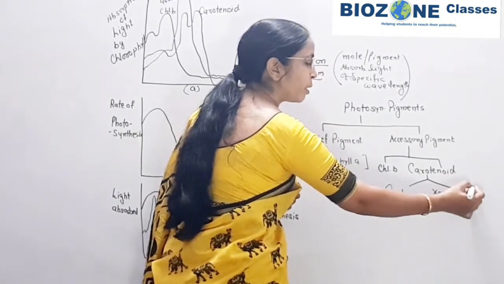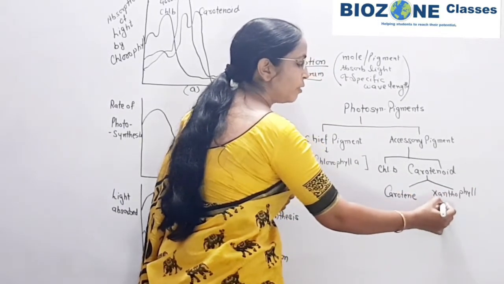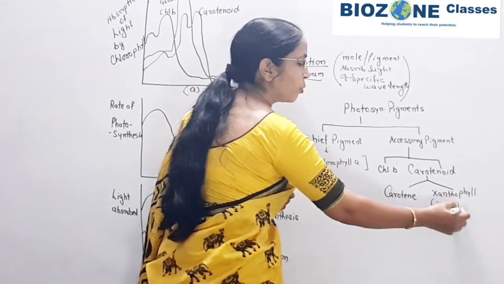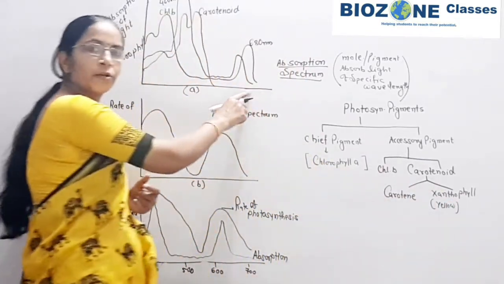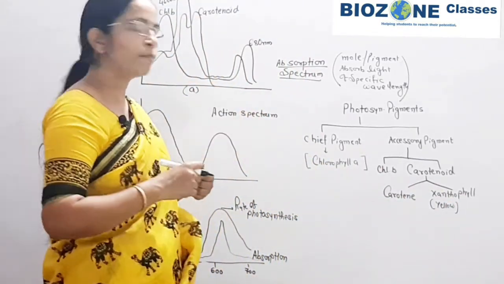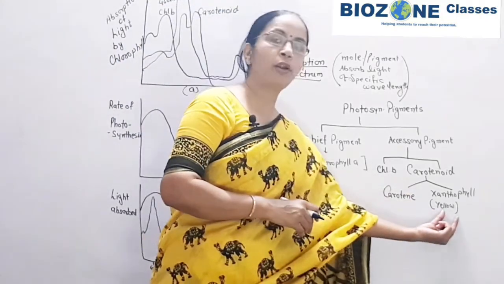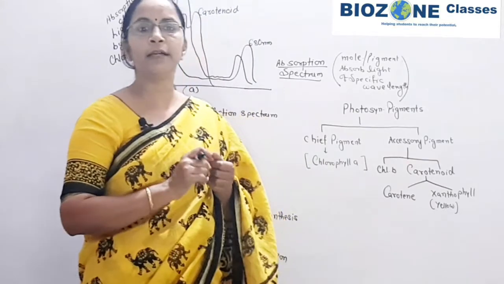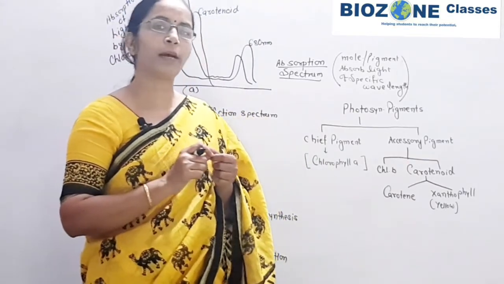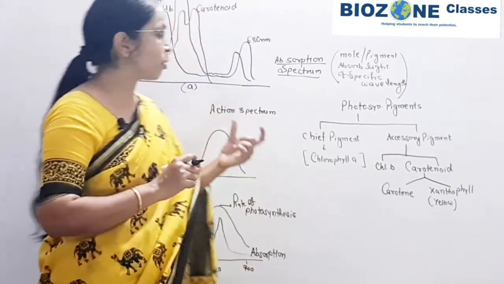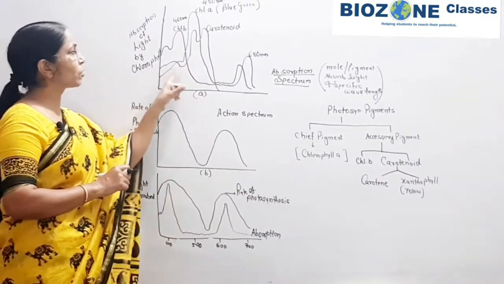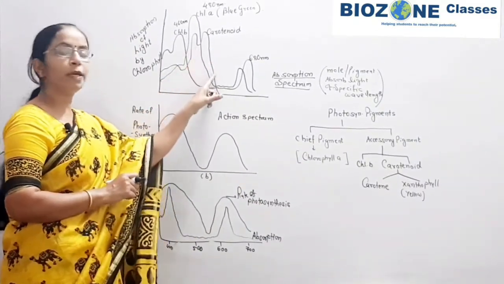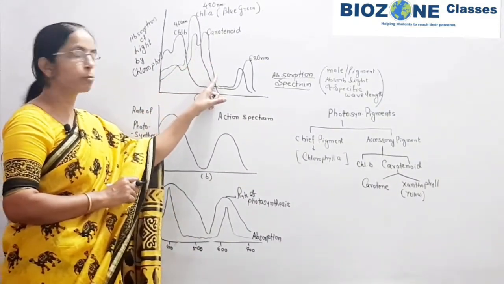And you remember the yellow color of this xanthophyll, because when you come towards the absorption spectrum in NCERT, one yellow color spectrum, or graph, is provided. That yellow color graph you very well remember, that yellow colored graph is actually the third graph where the two peaks appear in the absorption spectrum.